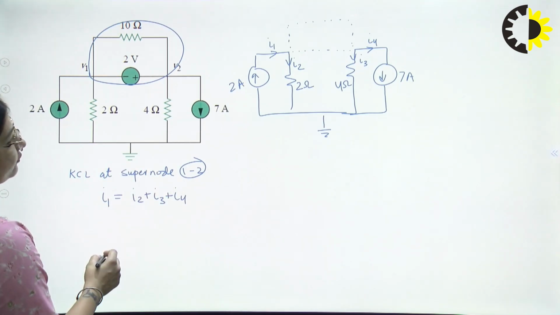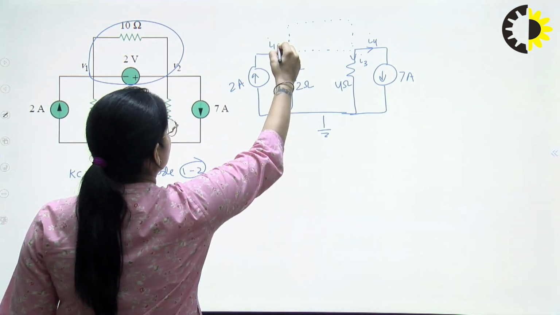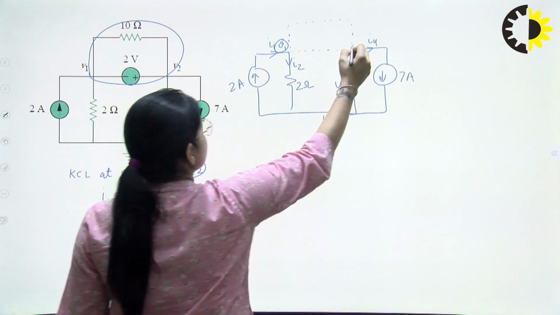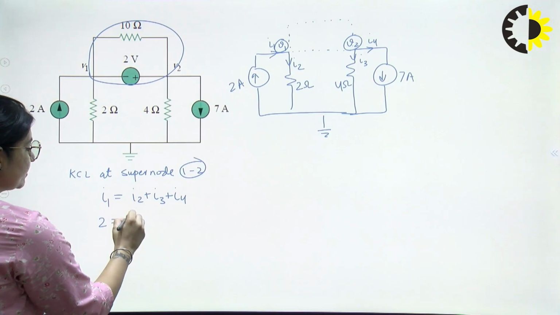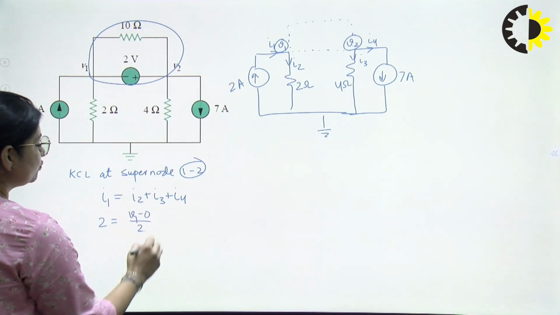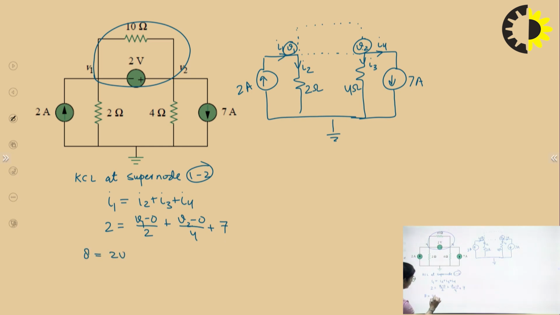So what is the value of I1? I1 is 2 amperes is equals to, what is the value of I2? This is voltage V1 and this is voltage V2. What is the value of I2 in terms of V1? This is V1 minus 0 by 2 plus, what is the value of I3 in terms of V2? It is V2 minus 0 by 4 plus, what is the value of I4? I4 is given as 7 amperes, plus 7. Now rearrange this equation. So this will be 8 is equals to 2V1,